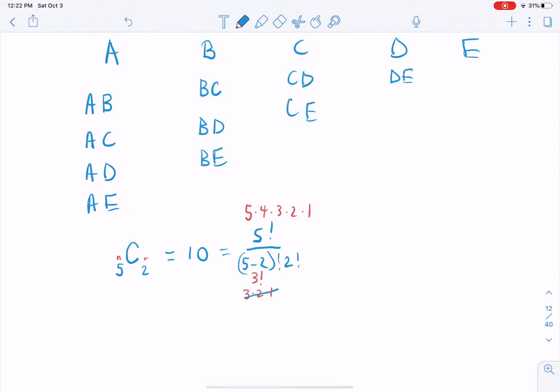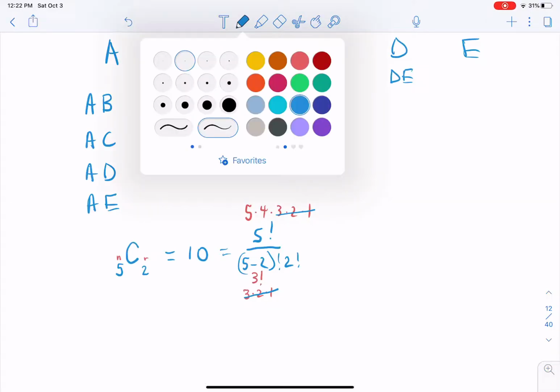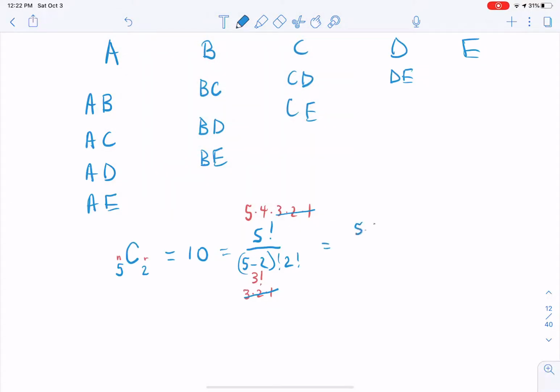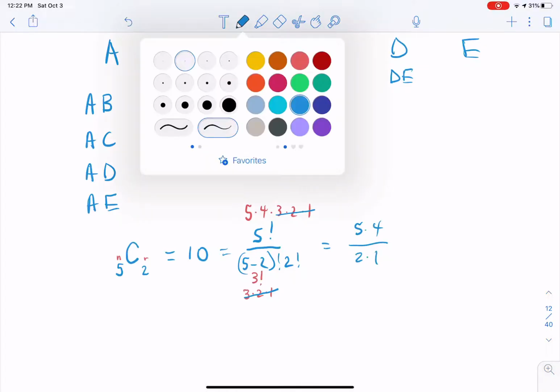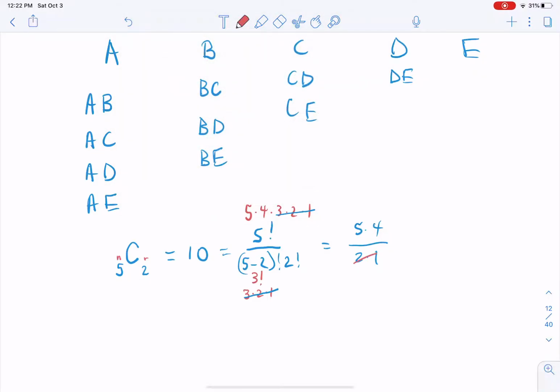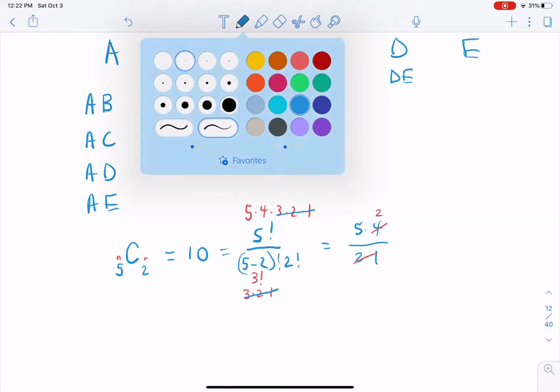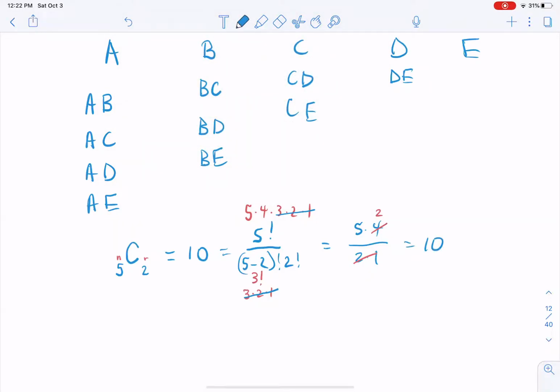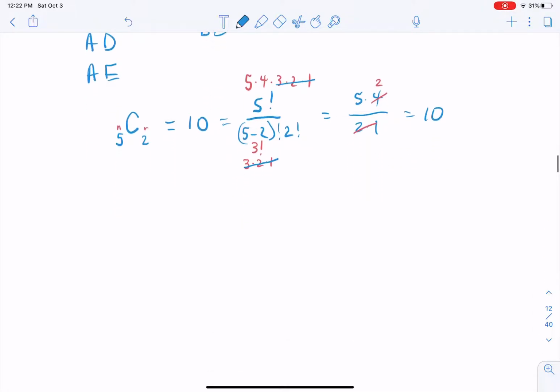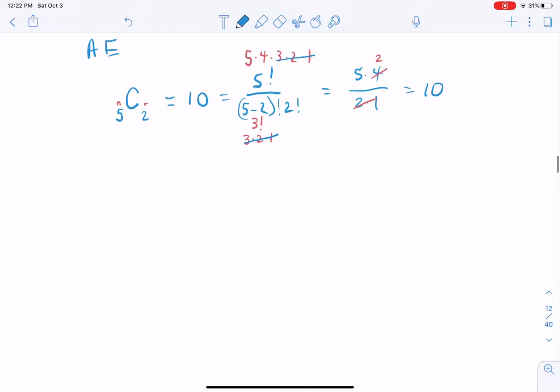These 3, this 2, and this 1 can cancel out with this 3, this 2, and this 1. So far, we have 5 times 4, which I'm not going to multiply, over 2 factorial, which is 2 times 1. And this 2 can cancel out with this 4, leaving behind a factor of 2 for a total of, you guessed it, 10. Okay, fantastic. So another thing about these little combinations, we had 5 people that we were trying to